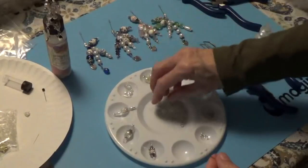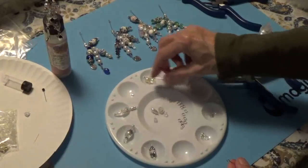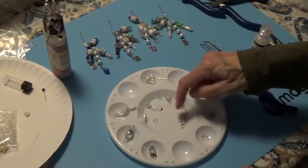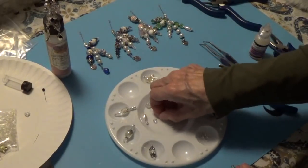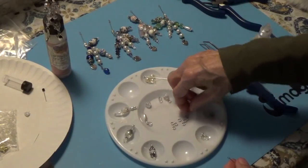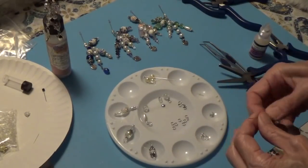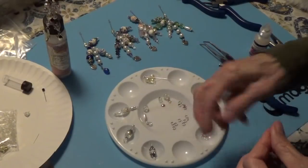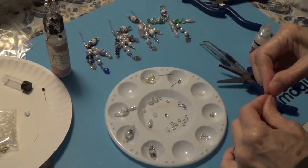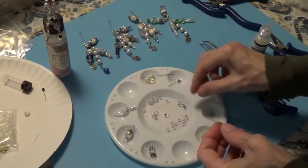Okay, now let's go to this one. Let me move everything in here so I can see what I have, so I know what order I'm in. Oh, do I want to see one of these? Okay, I think I'm missing something here, so let me go see what that is. I'll be right back. Okay, so what we're going to do is we're going to take this little